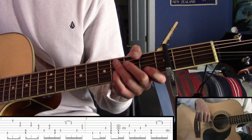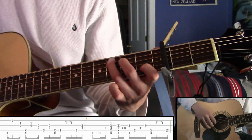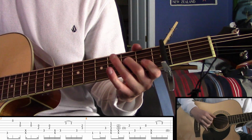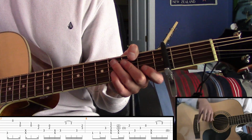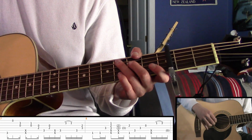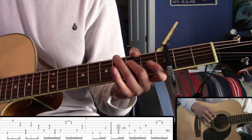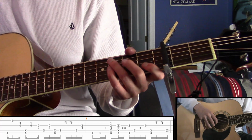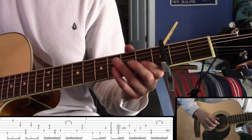And then you have third on the A, so you're making a C shape again. You go from a G shape to a C shape, kind of. So you hit the third on the A, then you go back to the second and the open on the D and G. Then there's a slap. I don't do that slap either, but after the slap, it's another third on the A, and then it's